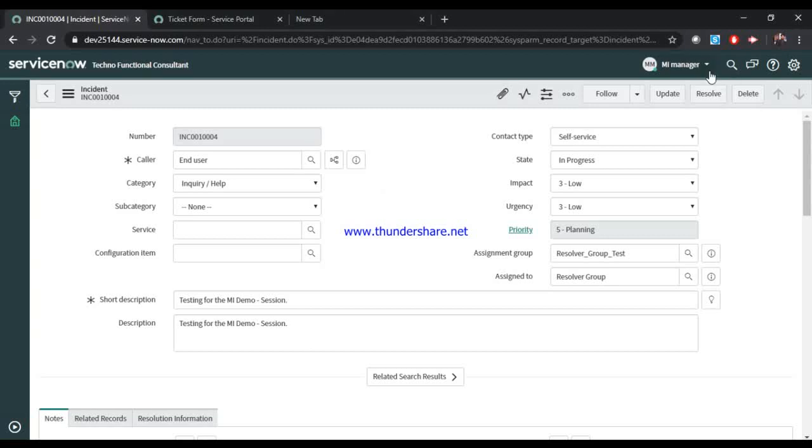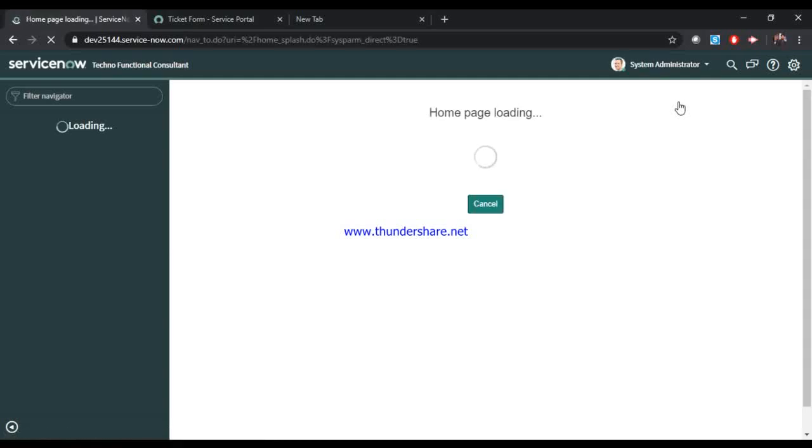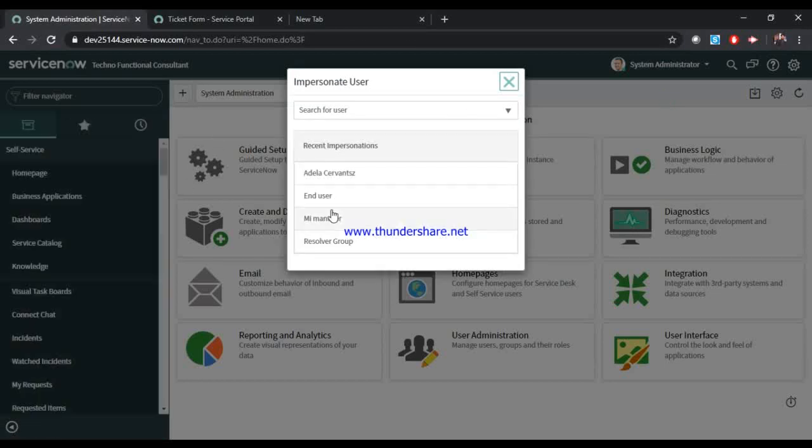So now I go back as a resolver group again. I'll end the impersonation now and go back as the resolver group, and now we will propose this incident as a major incident. So let me impersonate the user. I'll log in as a resolver group.